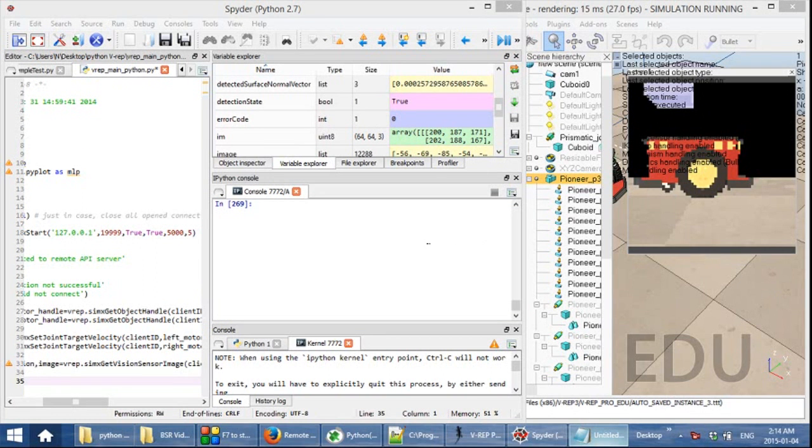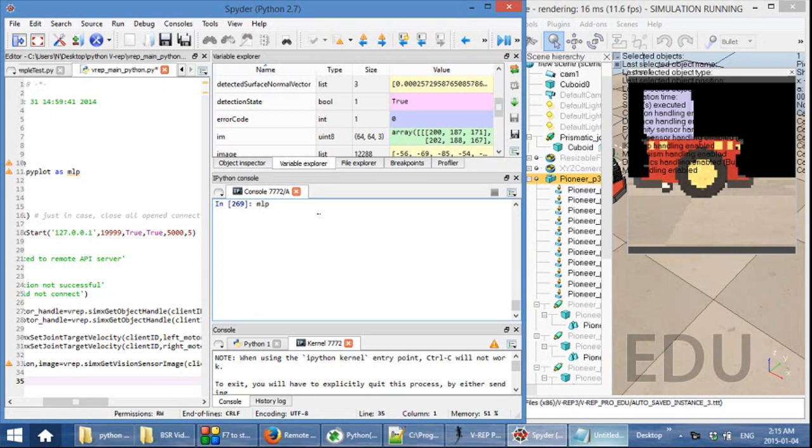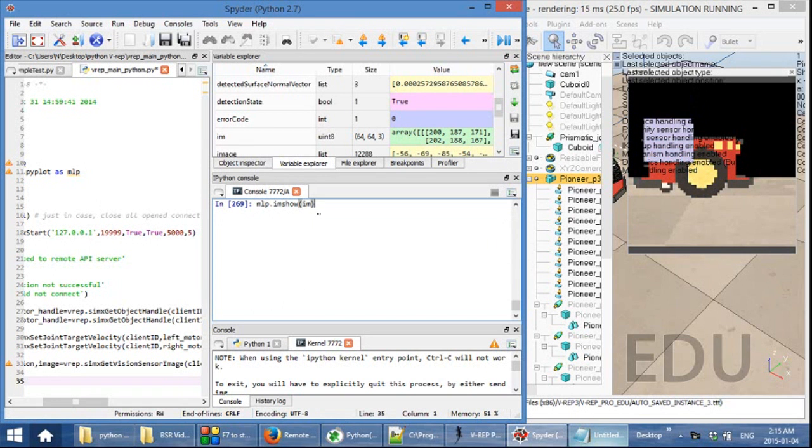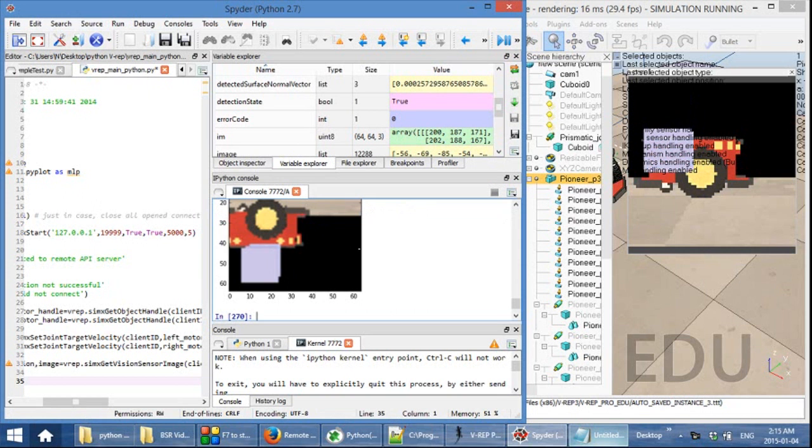The last thing that remains is to display the image using the matplotlib library. We can do that using plt.imshow(im). This imshow command also works in MATLAB. Now you can see that this is exactly the same image at the time that the simx_get_vision_sensor_image command was called. One thing you will note though is that this image is currently upside down,